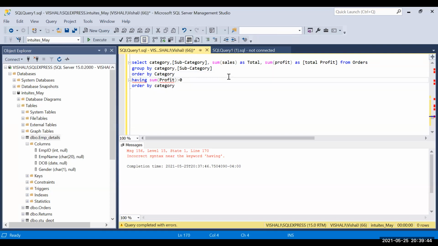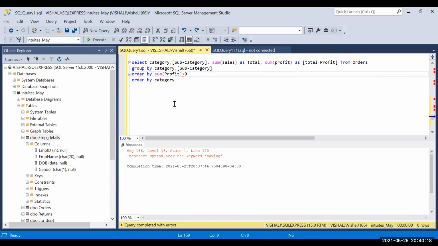You see, you have written order by in the middle also. After group by, again you have an order by. Order by is coming twice, so you have to remove the order by category that you have written after group by. Okay, so the whole line has to be removed. You are not using group by, having.